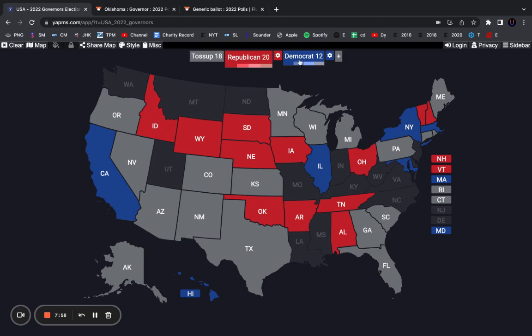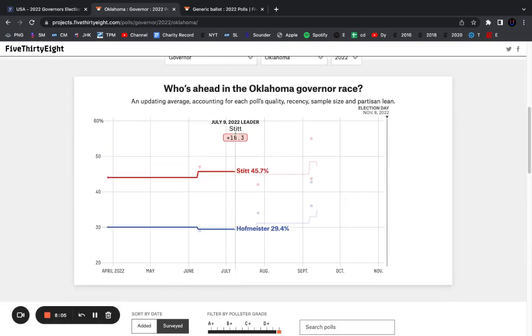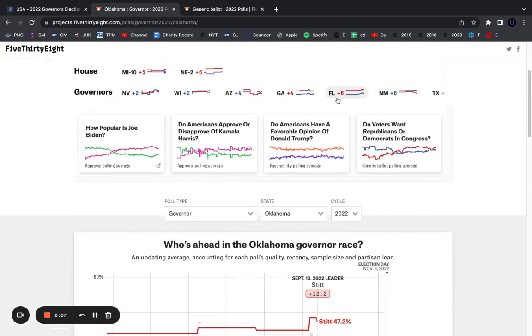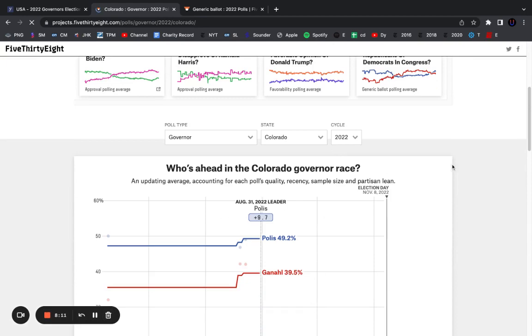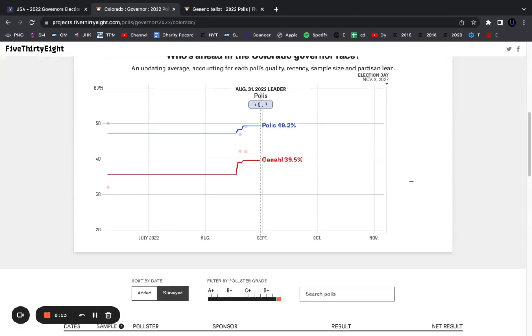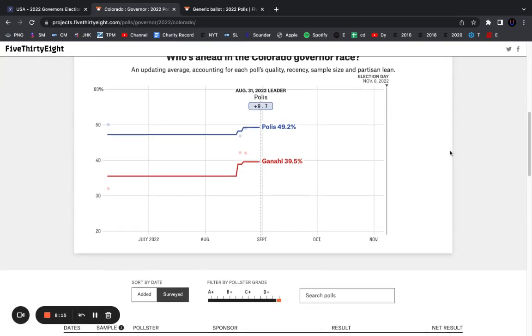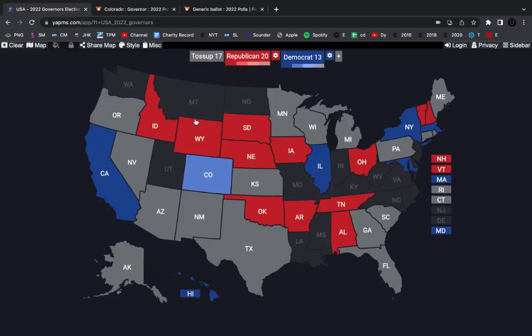So let's get into it with our likely Democratic states, the first of which is Colorado. Jared Polis is a pretty popular incumbent. I don't think the Republicans, they're running a very generic nominee who doesn't really have any appeal. And to win Colorado as a Republican, you have to have a lot of moderate appeal, and Heidi Ganahl doesn't have that. And Polis has good approval ratings. He'll probably win by 10-12%.